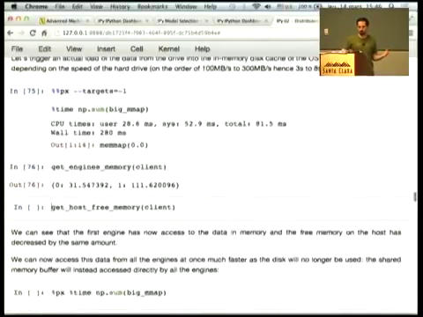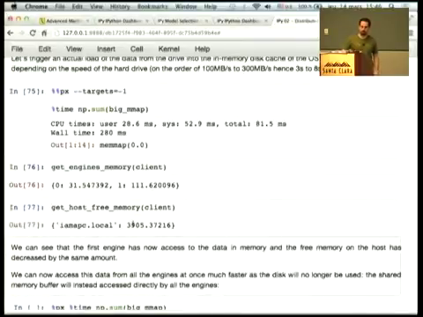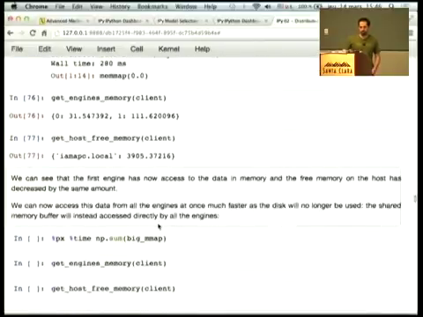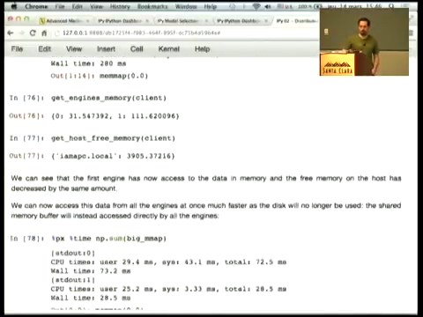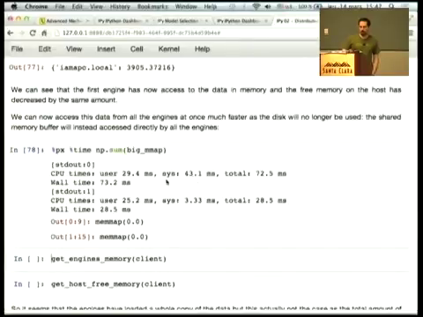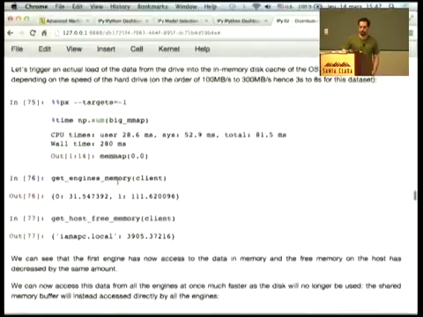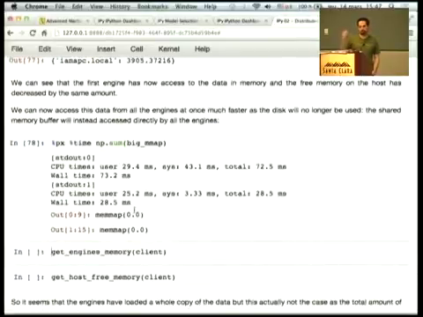And when I do this, I can see that on the last engine, the memory usage has increased, and the free memory of my host has decreased. If I do the sum in parallel on all the engines, I can see that it's much faster. It's just a couple of milliseconds, because the data has already been loaded in memory by this slow access. So now it's using the shared memory that is already there in engine number 1